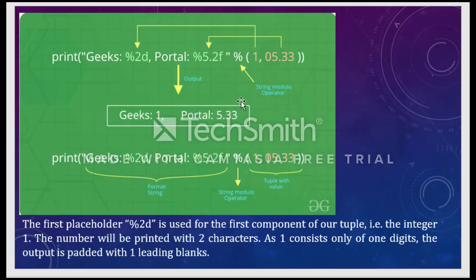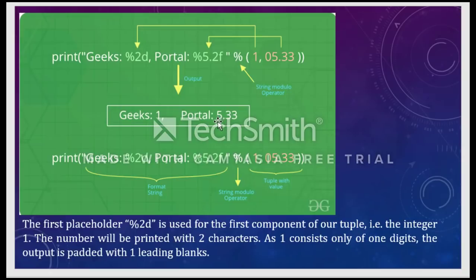When you see the output, it displays 5.33. After the decimal point there are 2 values, 33, and before that the 0 has no value here, so I am simply printing 5.